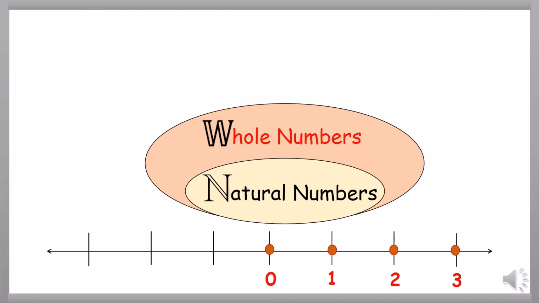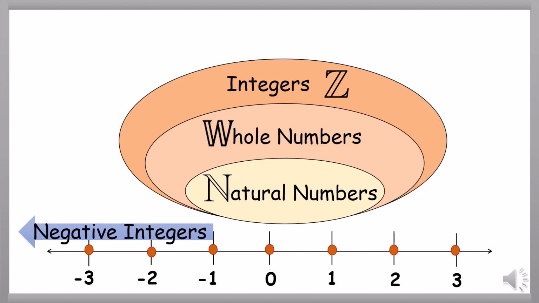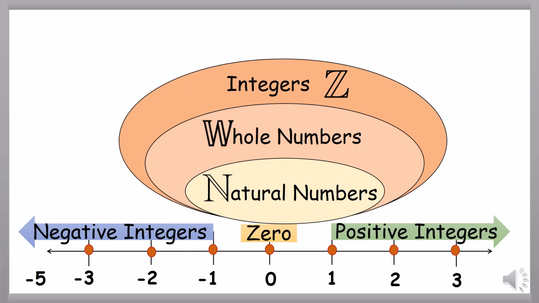Now, whole numbers together with negative natural numbers form a set of integers, which is denoted by the symbol. In the same manner, negative natural numbers are also known as negative integers, and it starts from -1, -2, -3, -4, -5, and so on. The number at the center is called 0, and 0 is neither negative nor positive. Natural numbers, on the other hand, are also known as positive integers, which start from 1, 2, 3, 4, 5,